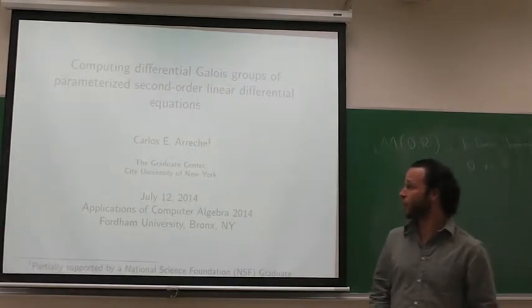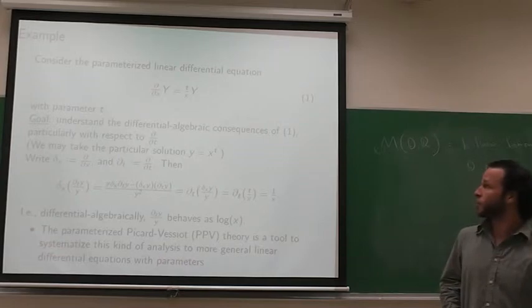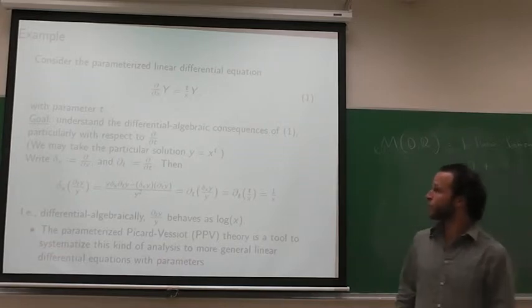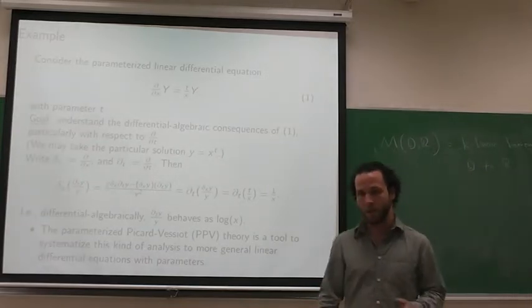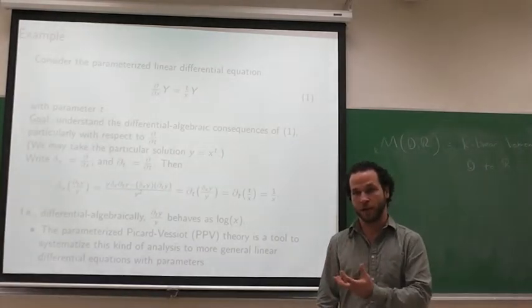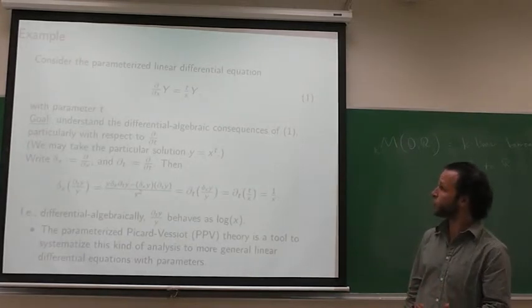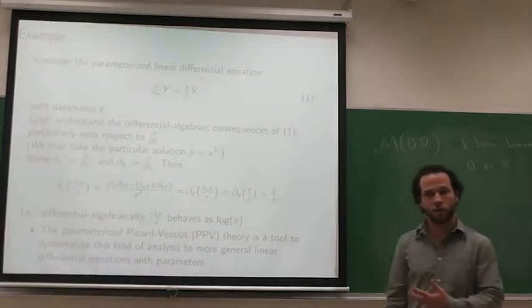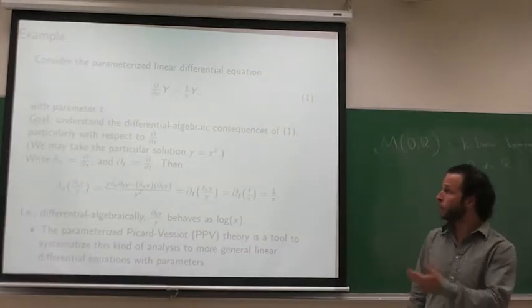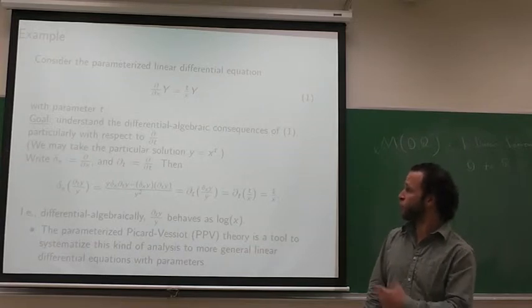So let me begin with a simple example of the parameterized theory. In this theory, you have one or several main derivations. In this case, I'm thinking of d/dx as being the main derivation, and you have one d/dx equation where there are these other t's appearing, and you think of the t's as parameters. So this is one family of first-order linear differential equations parameterized by t,